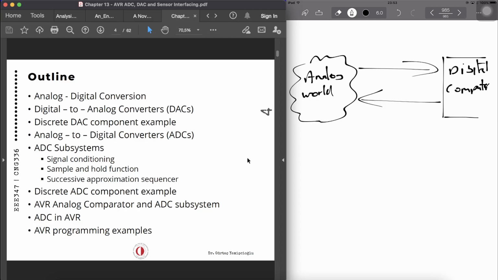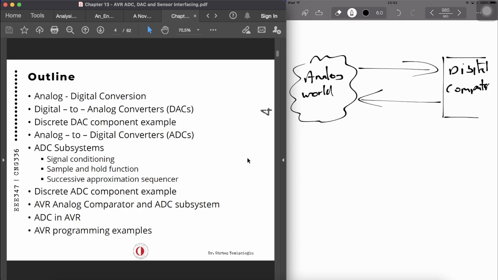We need to do that somehow. And that's why microprocessors, microcontrollers, or digital computers in general, they integrate these analog to digital conversion circuits or converters or techniques in order to deal with these analog measurements or analog inputs. So that's why it's so important to interact with the world,